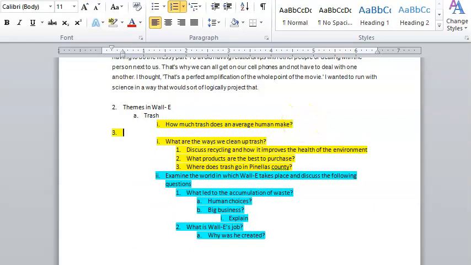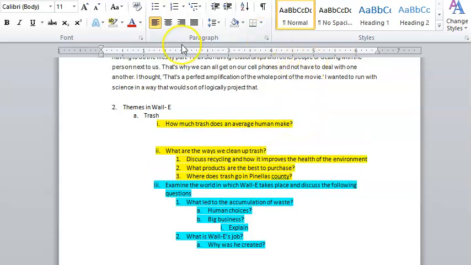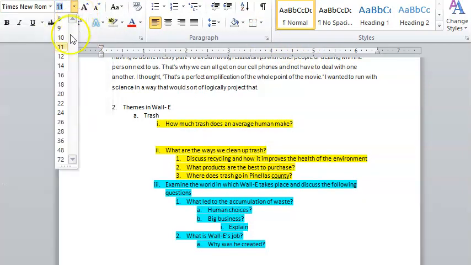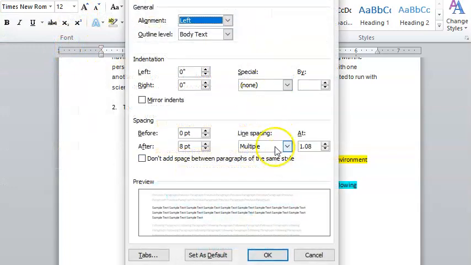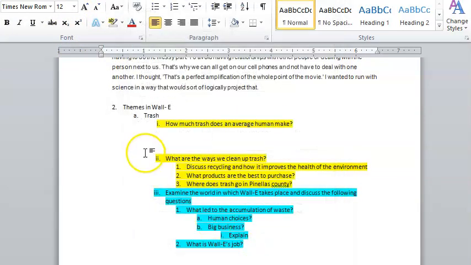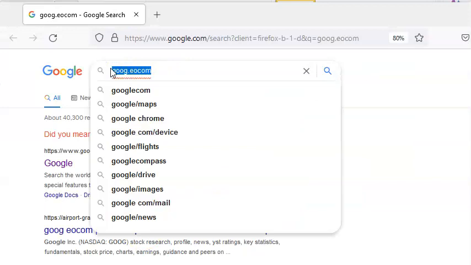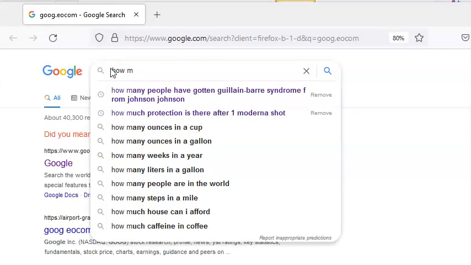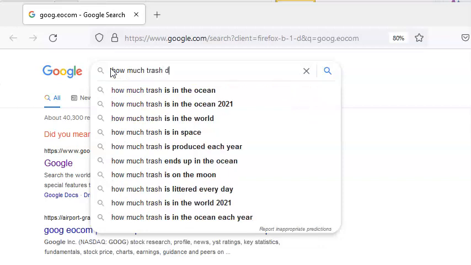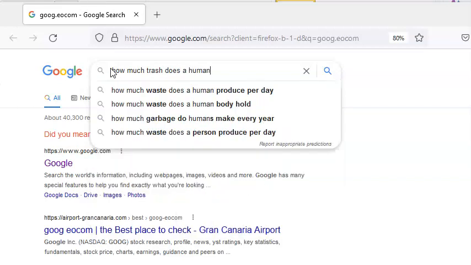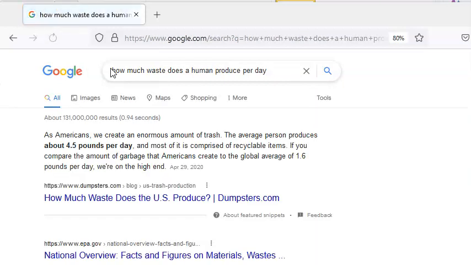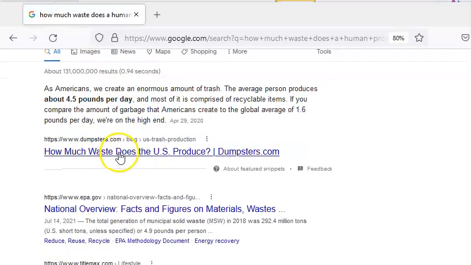So let's say I'm typing my report, and I have double space. Let's just make sure all of it's correct right now. Double space, 12 font, Times New Roman, double, click OK, there we go. Paragraph, and then I look this up, right? So I'm going to go online. I'm going to look up how much trash does a human produce per day, roughly, okay? And so you can see right here, dumpsters.com, EPA,